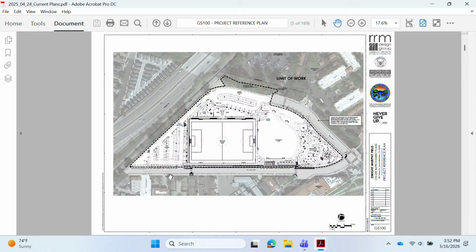I forgot to mention, but we had an MOU with the Ty Warner Group that went to City Council, and as part of this MOU, this entry element was reviewed by City Council and it was approved. And so that entry element happens